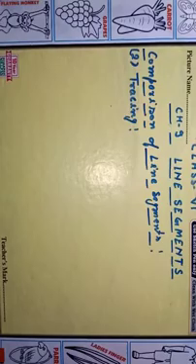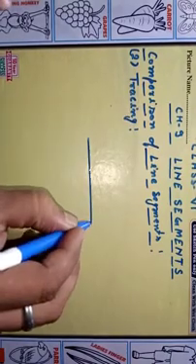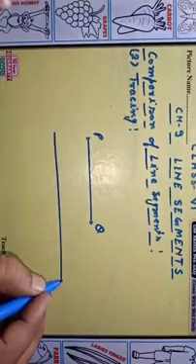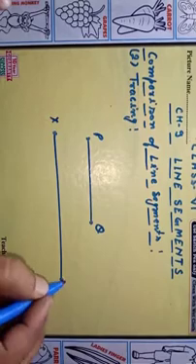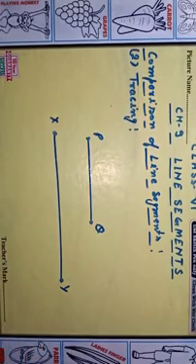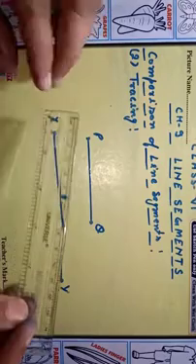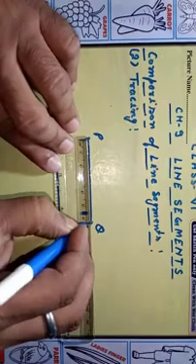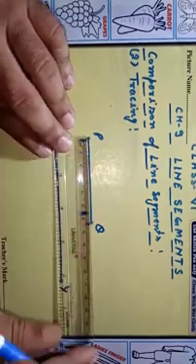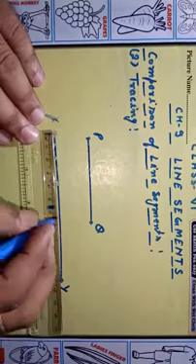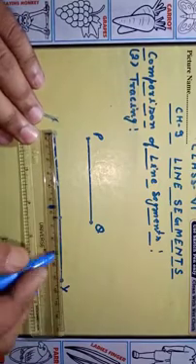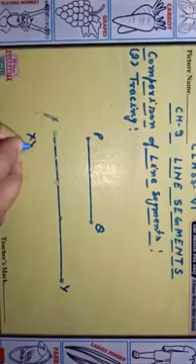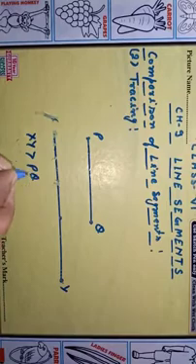Second, by tracing. Suppose that two line segments, PQ and the second is XY. Which line segment is longer? So tracing the first line segment here, this line segment PQ and this line XY. Here we see that PQ is here, and this distance is longer than PQ. So XY is longer than PQ, greater than PQ.